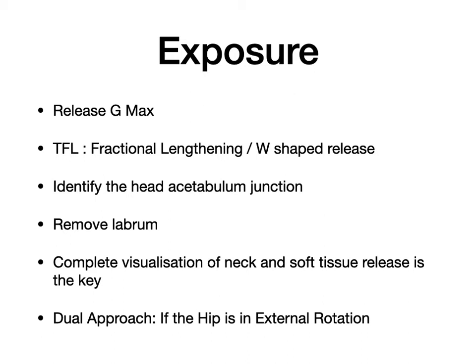Once you have done the releases, at this stage, to reach the posterior aspect, you may tilt the table forward, because you will not be able to rotate. If the spine is fused, you will not be able to rotate. So the only way to reach the posterior aspect and cut the rotators and capsule in one go would be to rotate the table away from you, or forward.